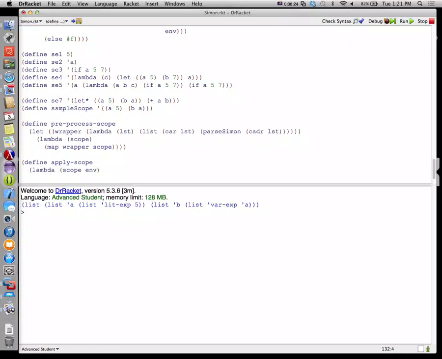So apply scope is going to take in our current environment and a new scope. And what are we going to do? Well, we need to process that scope. And what does it mean if a scope looks like this? So we could even call this a one scope, if you will. In fact, maybe that's even the better way of calling it, a one scope. So a scope defining a single variable. If that guy looks like this,